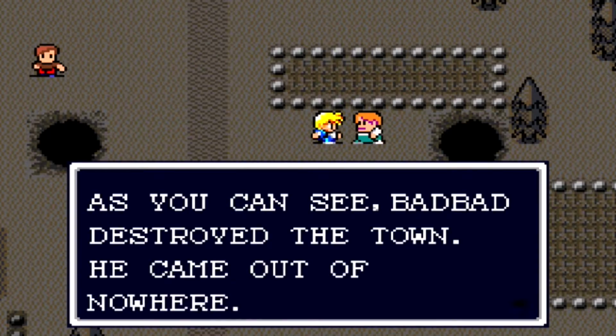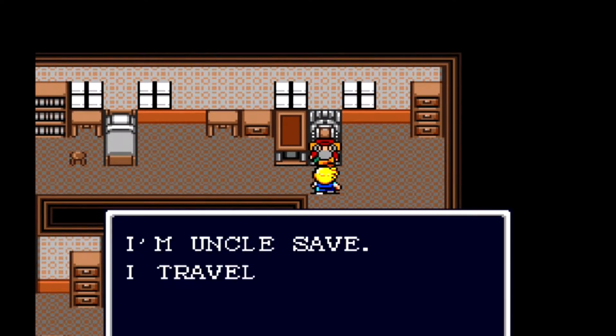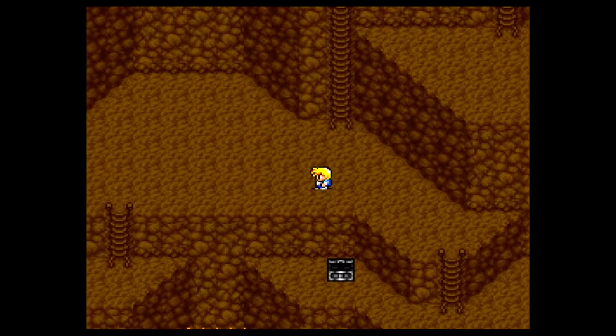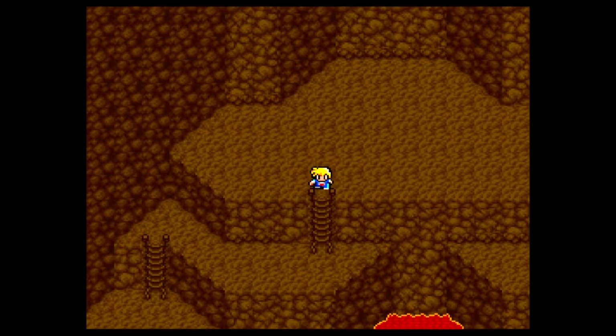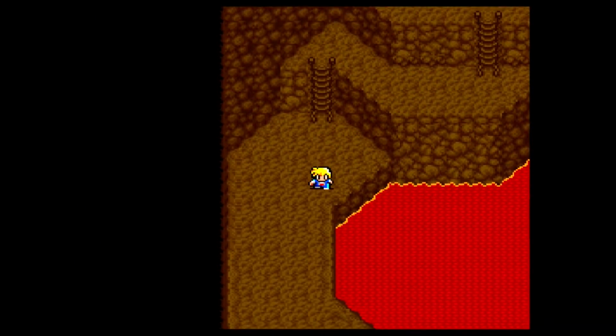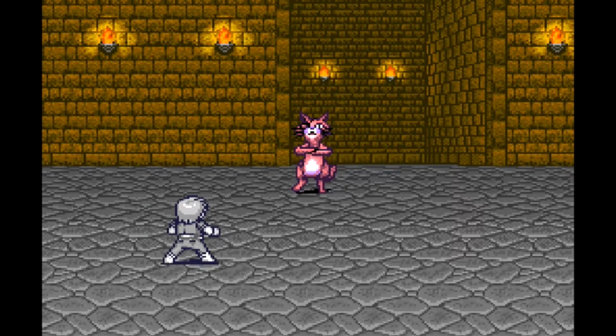As for the game itself, well, it's about as generic as an RPG can get. This town was attacked by none other than Bad. When you want to save your game, you'll need to talk to this guy, Uncle Save. The dungeons are long with branching paths and dead ends to extend gameplay. You'll also need to do a good amount of grinding to keep up with bosses. Fortunately, when you die, you won't have to load your last save or lose any progress, you'll just be revived